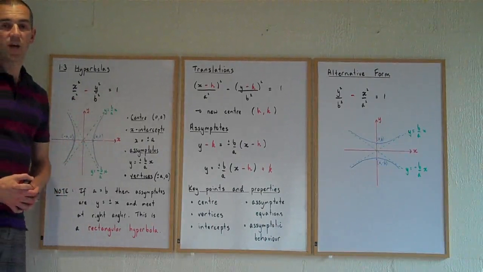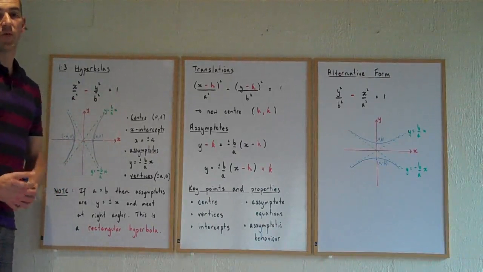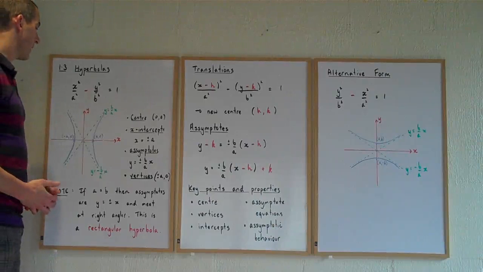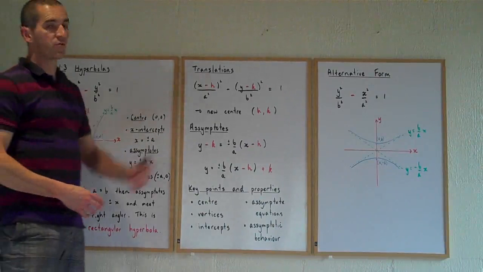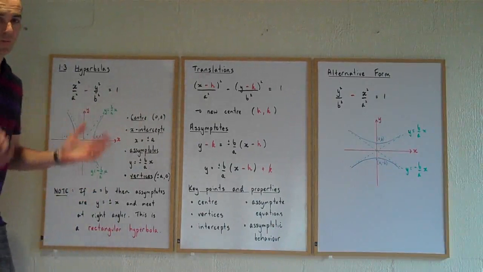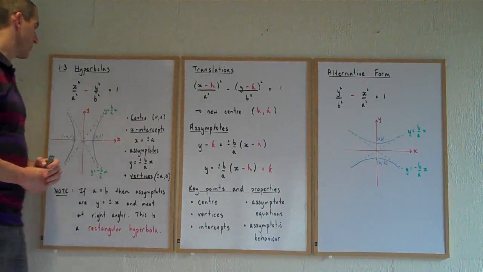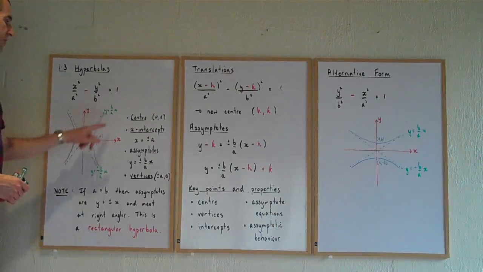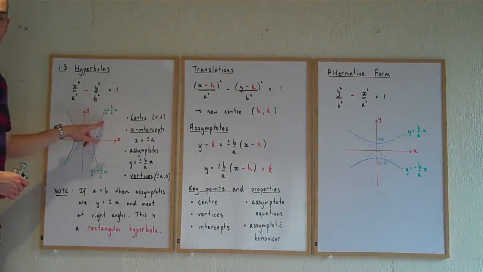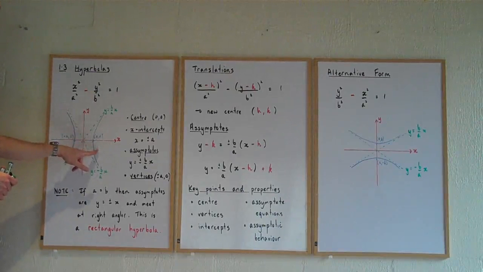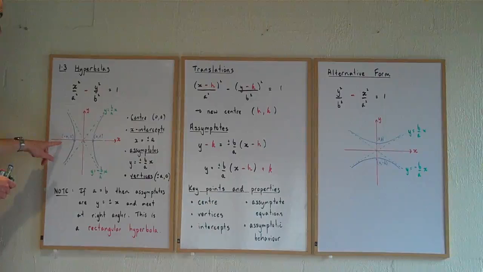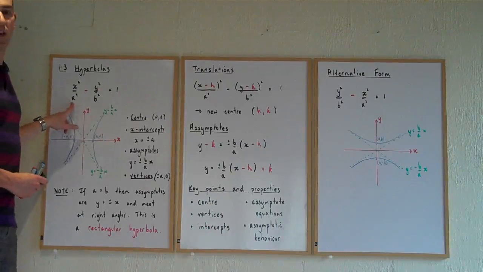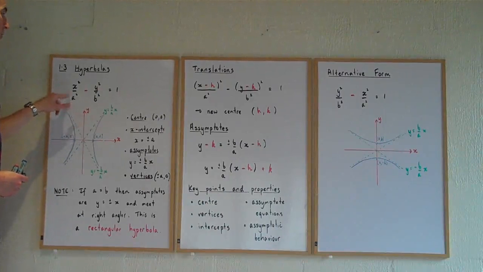Looks a bit complex to start with, but much of the same properties that we've dealt with for circles and ellipses will come into play here. We'll start with the basic form, and then we'll look at some translations. Again, similar to what we've been talking about before with circles and ellipses. So here we have two parts of the graph. The positive part here, the blue line over here, with an x-intercept of (a, 0), and the negative part here with an x-intercept of (minus a, 0). And you can see this a value is created from this a squared term on the bottom of this particular